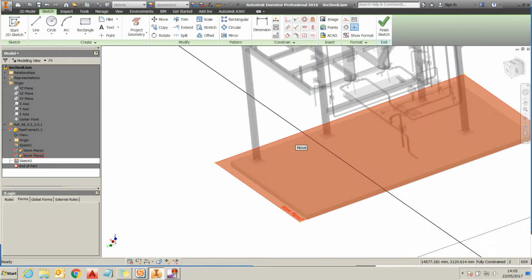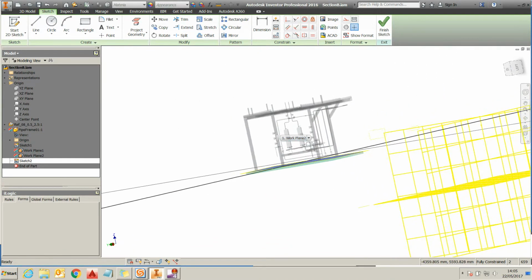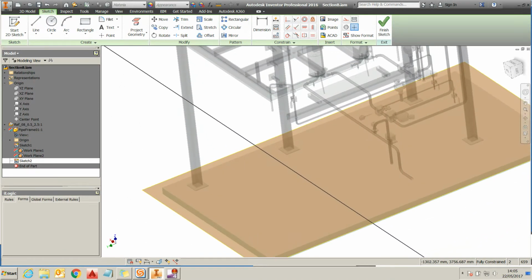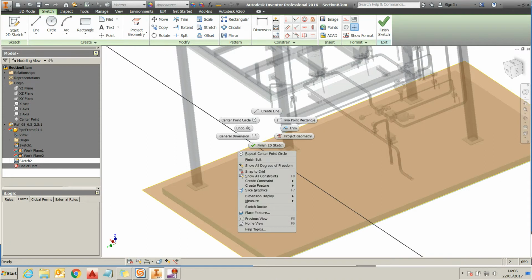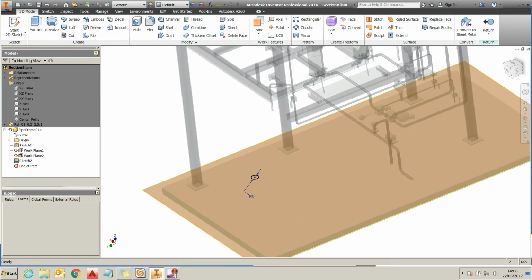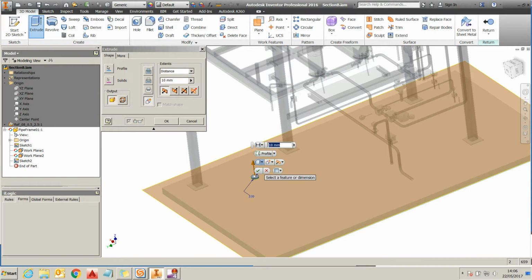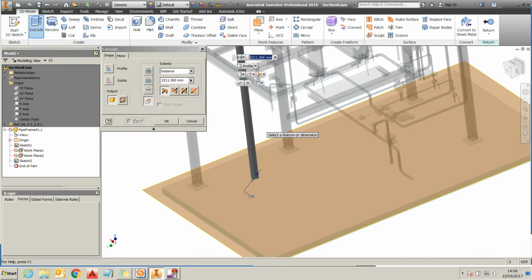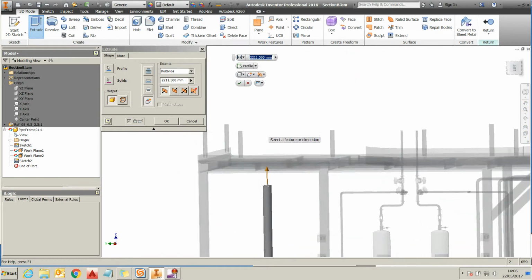So now I've got a sketch plane, I can go and create the part that I want, and I can position it as I see fit with reference to that SAP file. So I'll just put some geometry on here, and then I can save it. I can break the links and you'll see that it moves, but then I can re-establish its position by grounding